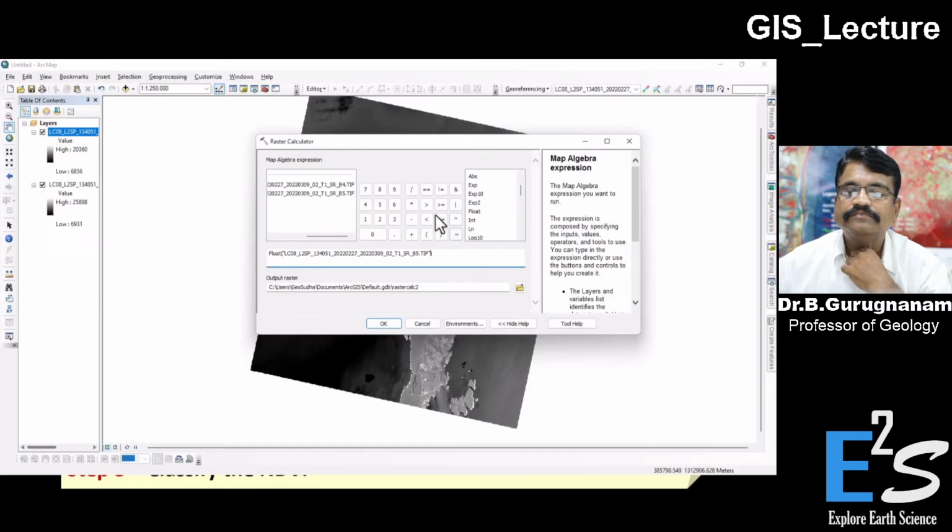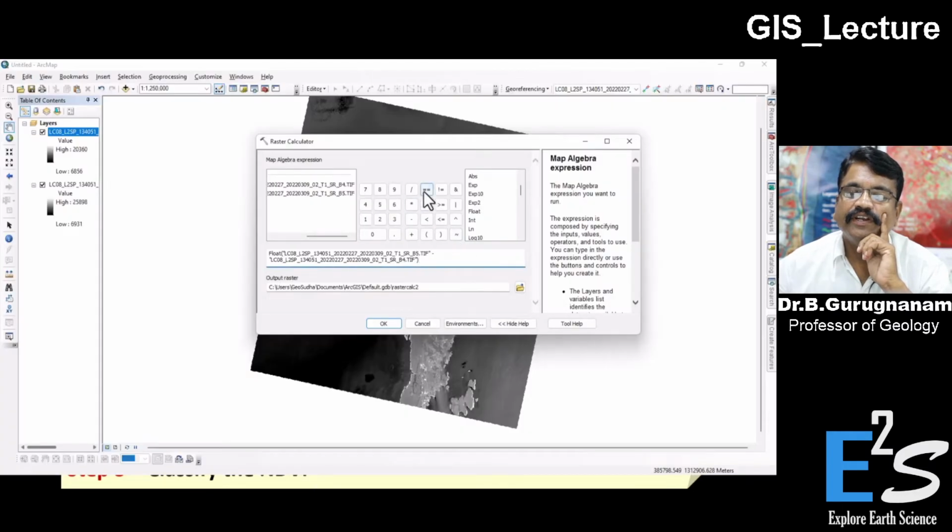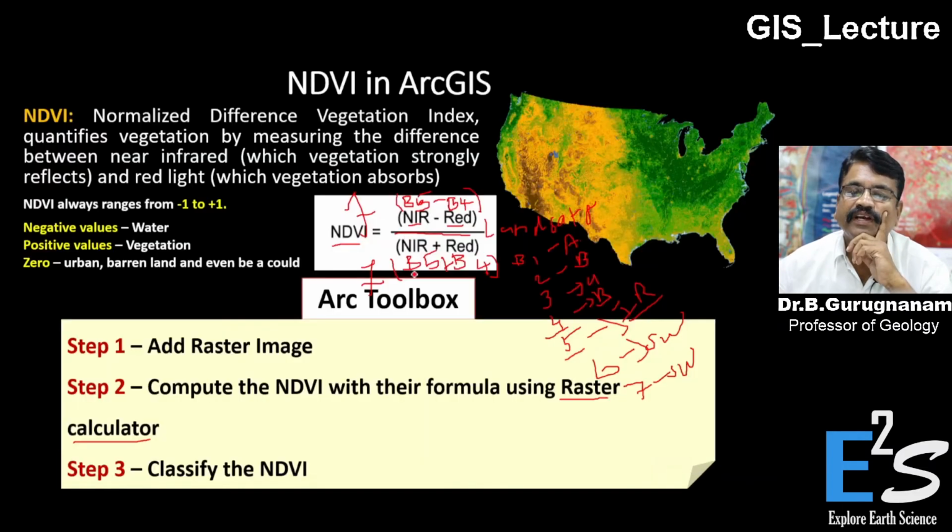So I am just making the minus symbol and I am selecting the first one, B4, double click B4. Now you have to divide by, this is divided by, I have to select divided by, again float B5 plus B4,